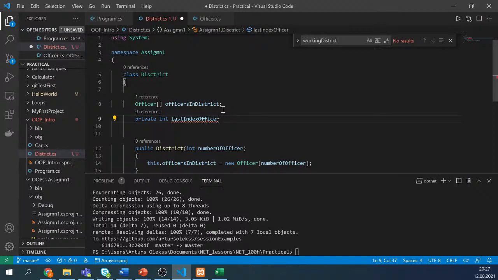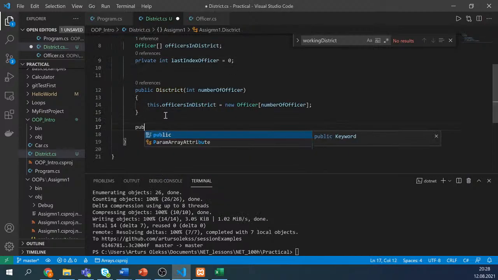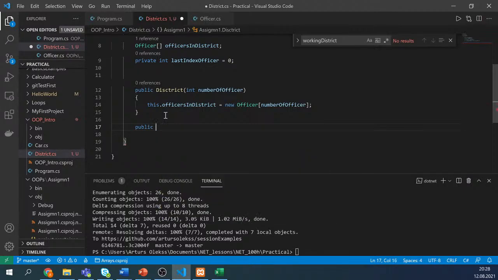Yeah, that's the last index officer, which will start at 0. So it means that this will be the actual number of the officers added to this array. So what does it mean? It means that when you have the method public void add officer to district,